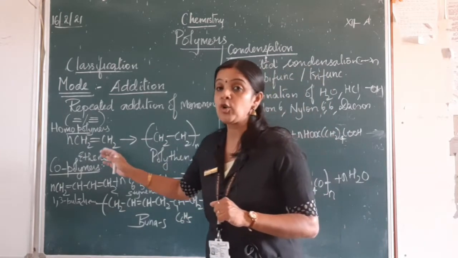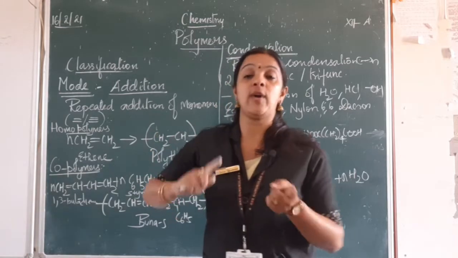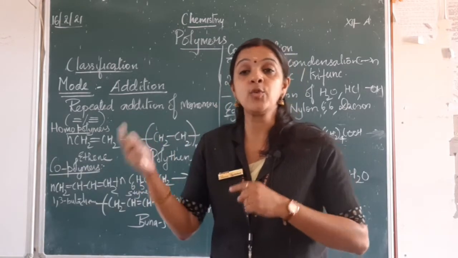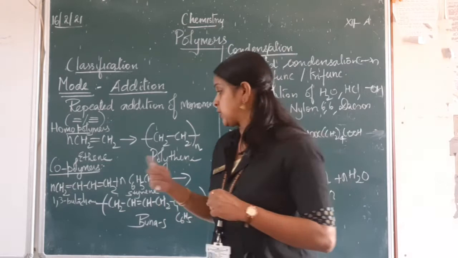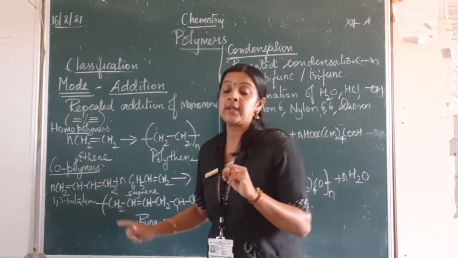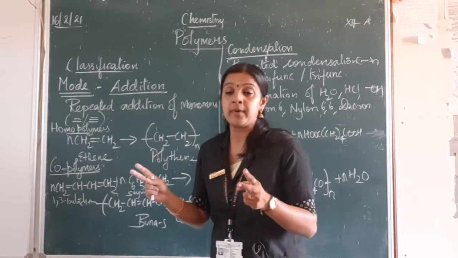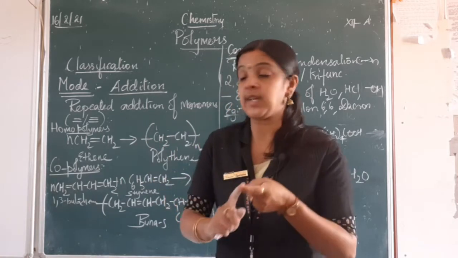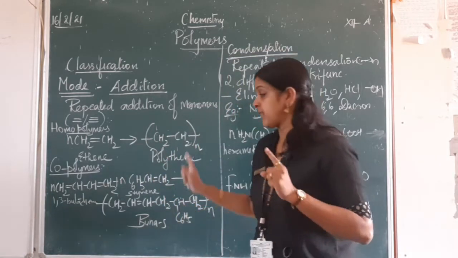The next one is a copolymer. Co means you have a company, somebody who is going to join you. So, here we have two different monomer units which combine together to form a polymer. So, I can take here